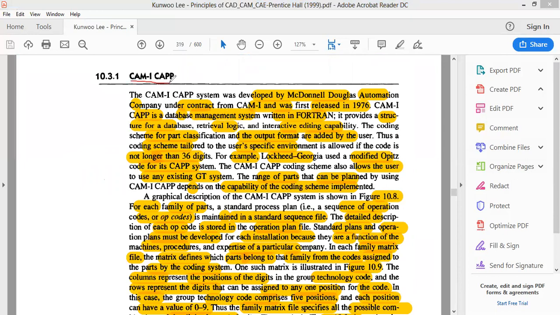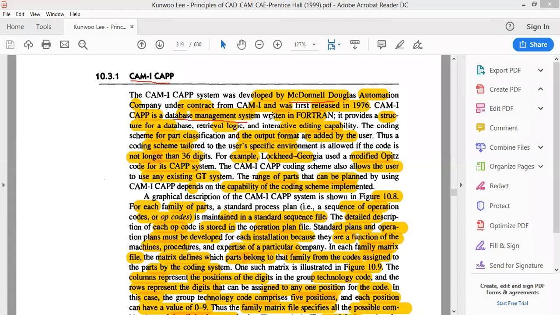From the variant approach, CAM-1 CAPP is one software which was developed by McDonnell Douglas Automation Company in the year 1976, that was the first edition that they came out with, and it has a large database, because it has to have a large set of files, that is templates, that can be suitably edited.